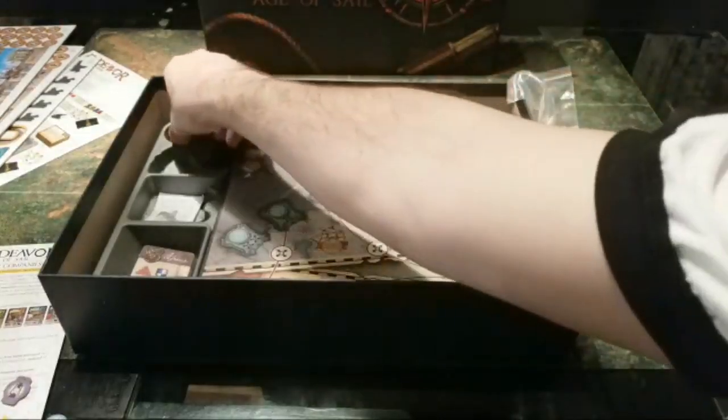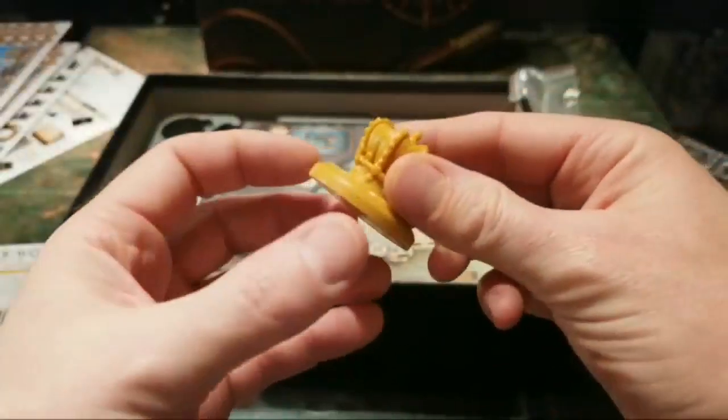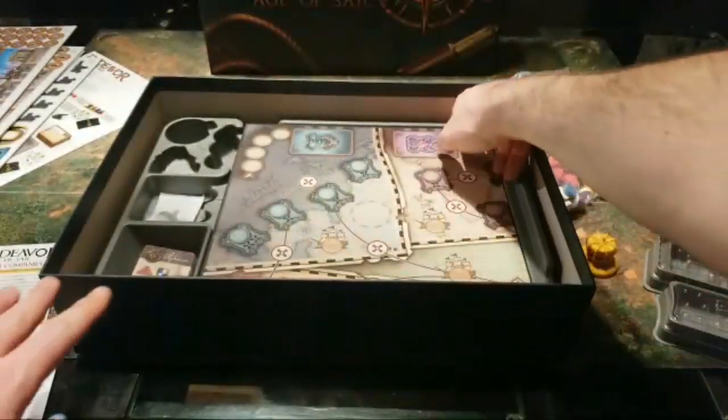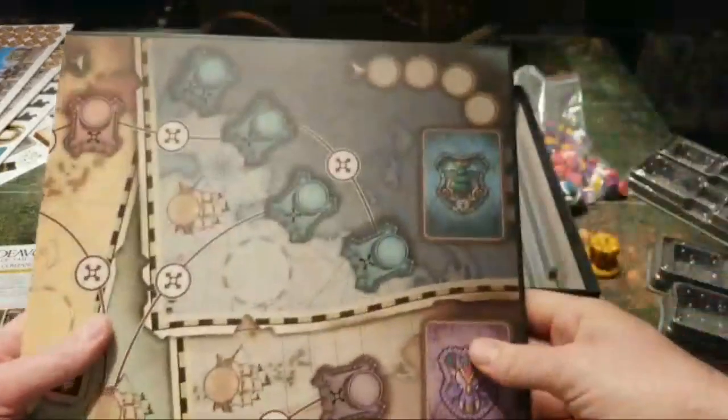And then here's the chrome though that you get with the Kickstarter, the nice crown. This is just a first player token though. That's what's sad about chrome. Sometimes it does absolutely nothing. Actually, a lot of the time. And here's the board,